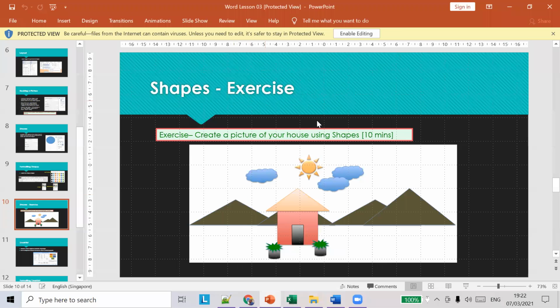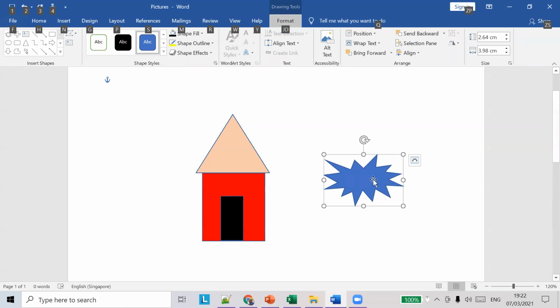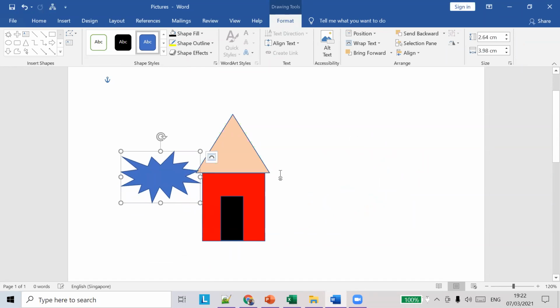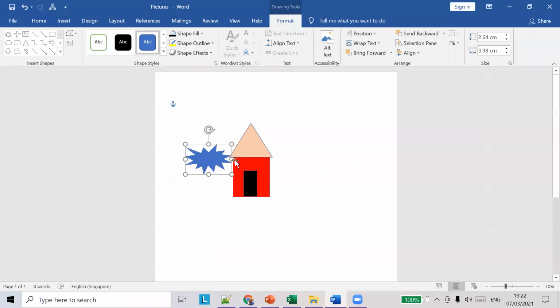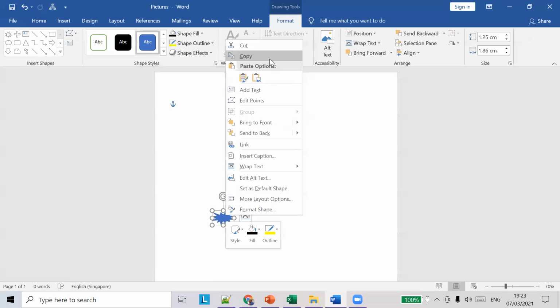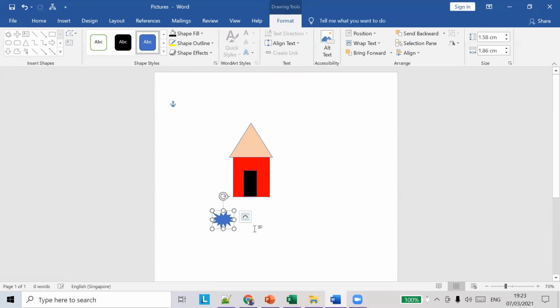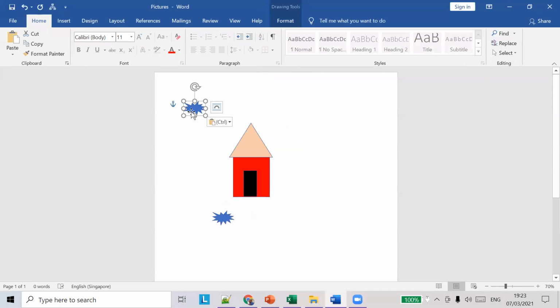Yeah, so we'll make it small. Yeah, very good. So we'll make it small and we'll make a copy of it. Okay, copy it and paste it.